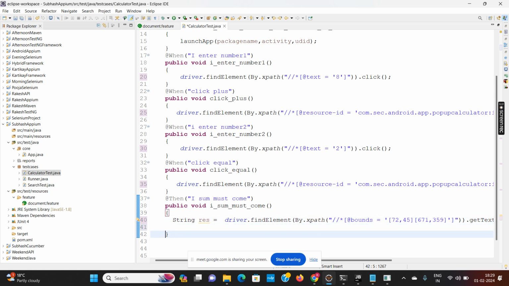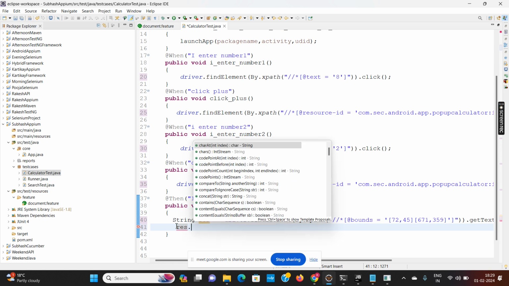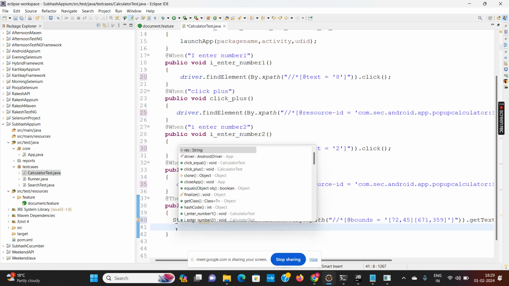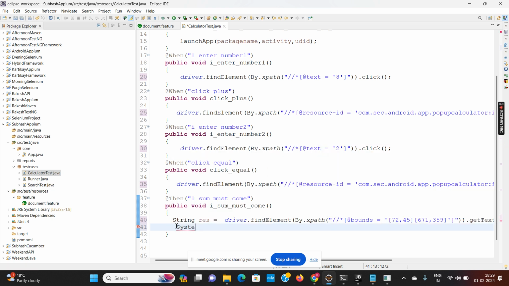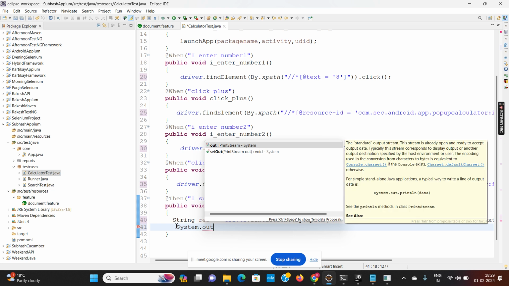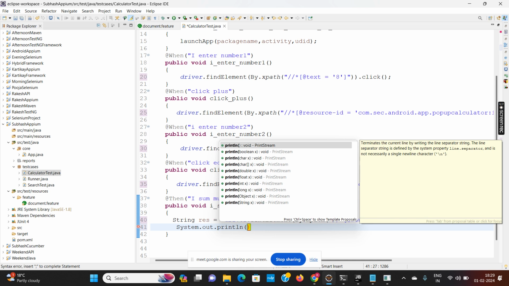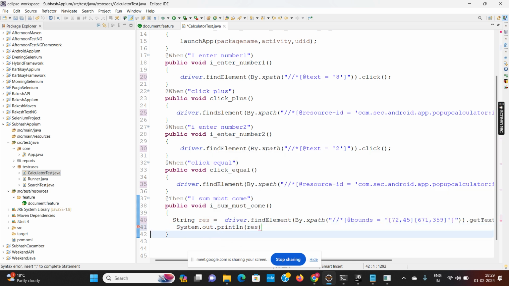So it means now after launching the app, like I was automating the browser, I am automating the mobile application. Okay, so let us run and check.